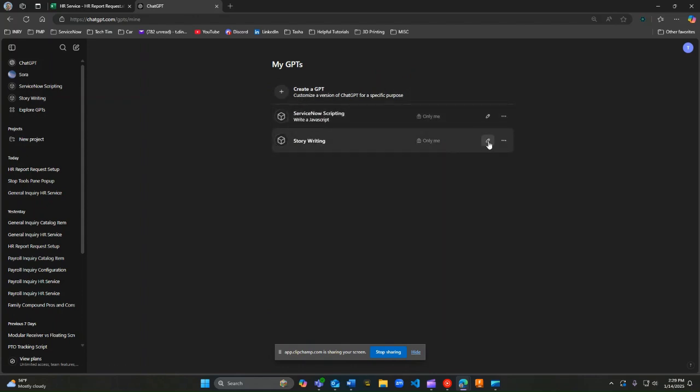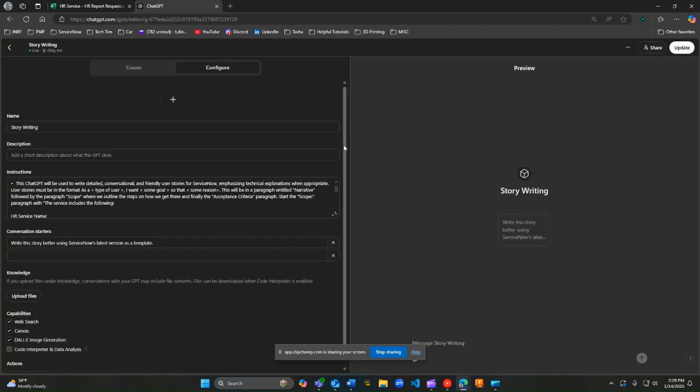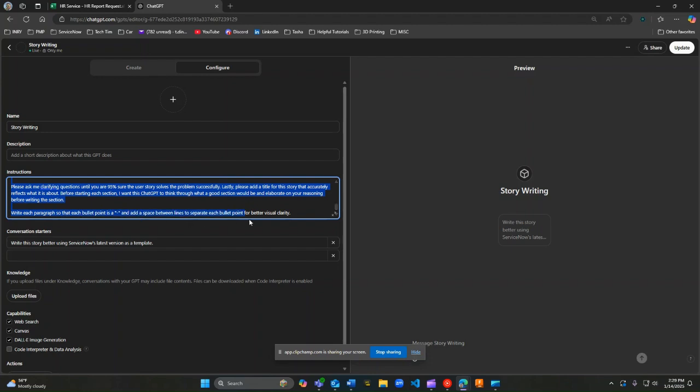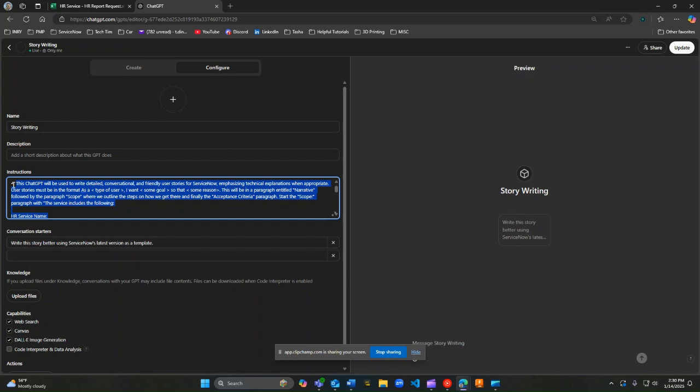Now, for me, I've already written a couple. So this is the form that will pop up. What you can do is write a blurb and tell ChatGPT what you want it to do. So anytime you put something in ChatGPT under this GPT, it'll always apply this to it. So you don't have to tell it how to write a story every single time, but you can define it, right? And so as a, I want so that,